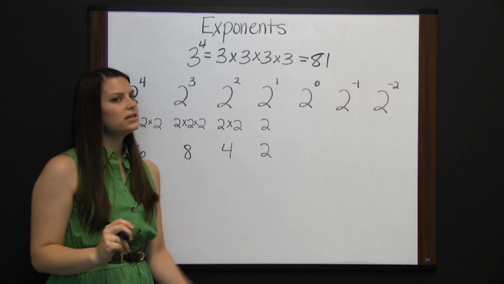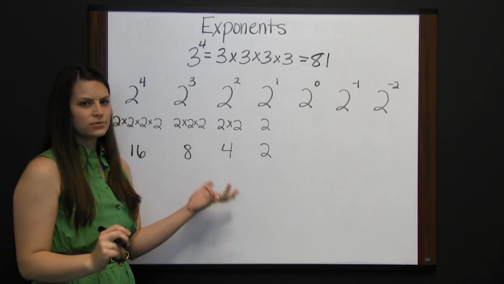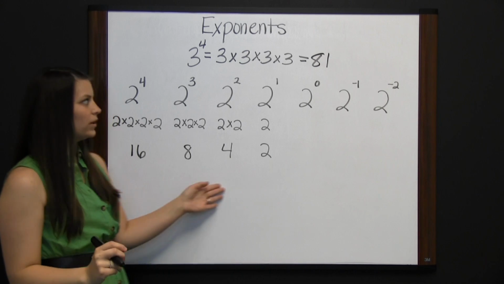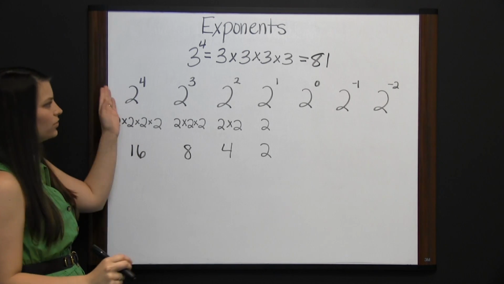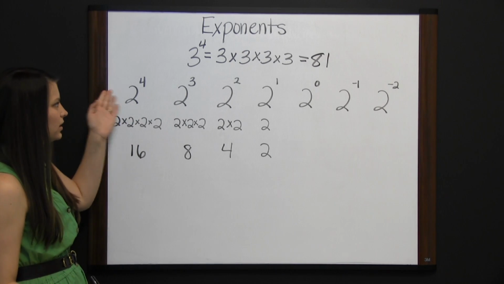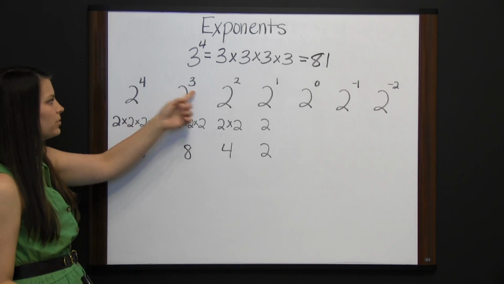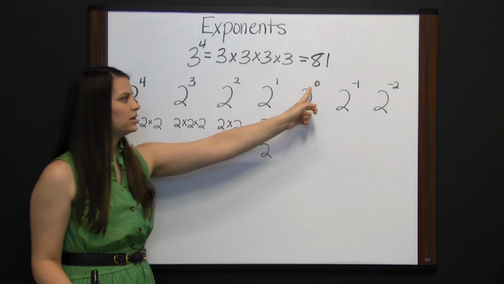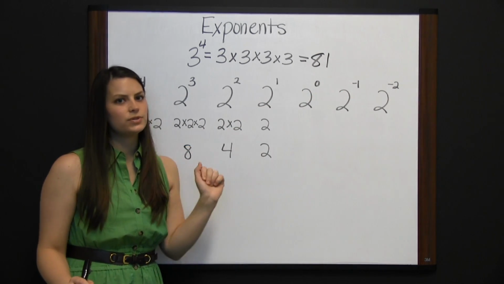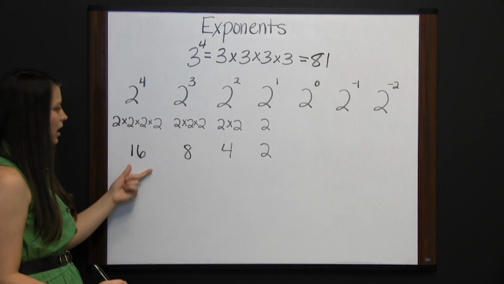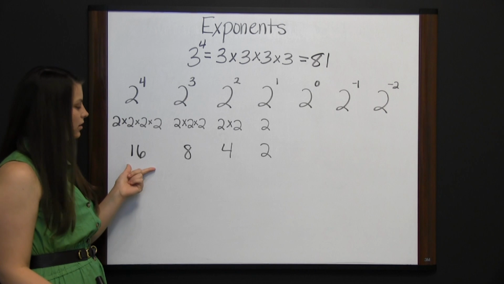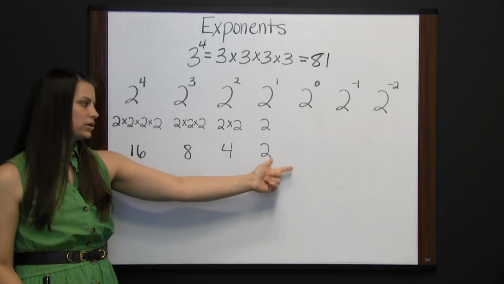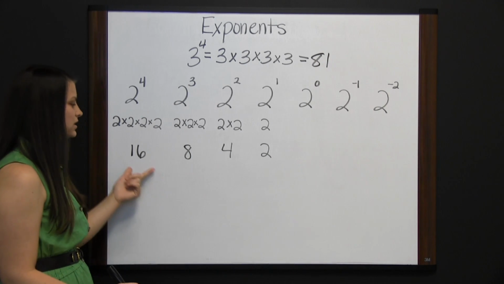Now 2 to the 0. That's one that seems tricky at first. So let's look at this pattern to see if we can figure out what it would be. If you look at this set of numbers here, with each number, my exponent has been reduced by 1, and it continues to be reduced by 1. And if we look at the pattern of the result, 16, 8, 4, 2, you can see that the pattern